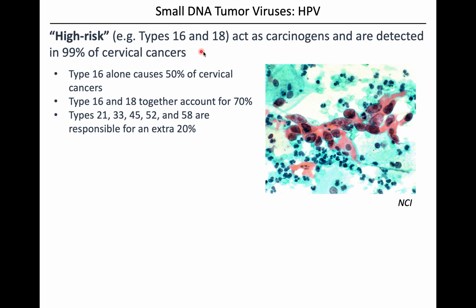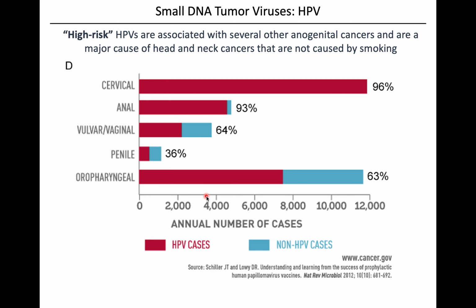So you detect one or both of those in almost all cervical cancers. But that being said, there are some other strains that have been linked to cervical cancer as well. And you see a picture of a pap smear here, right? It's an early detection test for cervical cancer, where you're literally just scraping off some cervical cells, smearing them on a slide, and taking a look to see if you see any abnormal cell morphology that could be an indicator of precancer. Very effective screen. And so normally you hear about HPV in relation to cervical cancer, and certainly that's